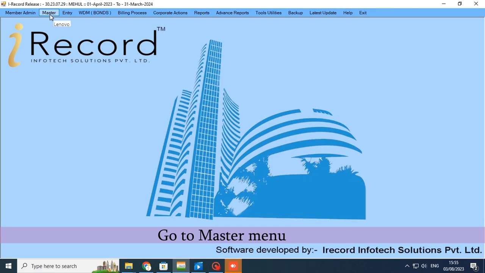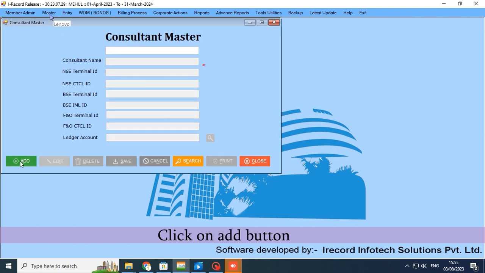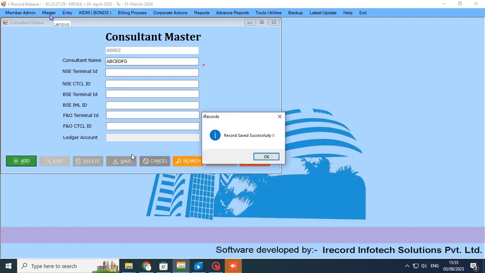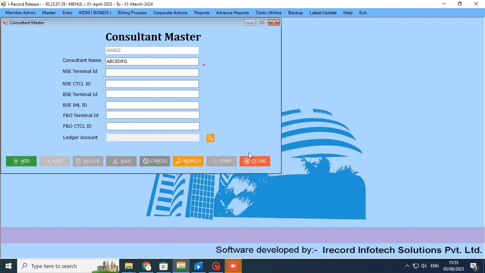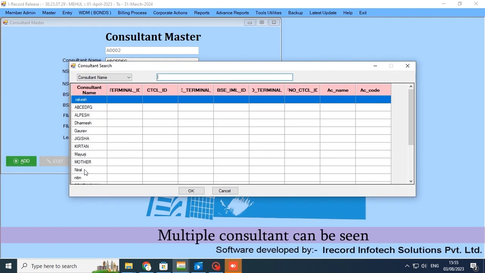Go to Master menu, select Consultant Master. Click on Add button, enter the consultant name. Click on Save. Click on Search. Multiple consultant can be